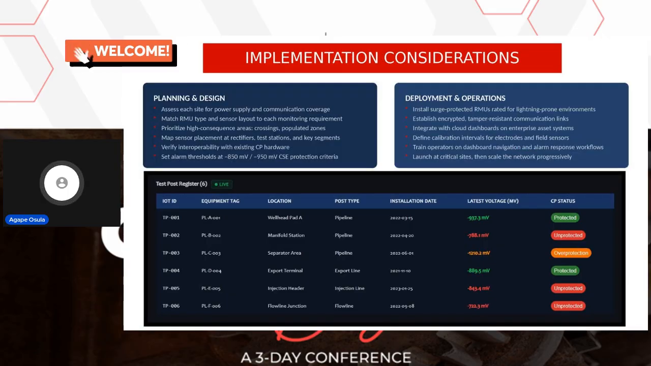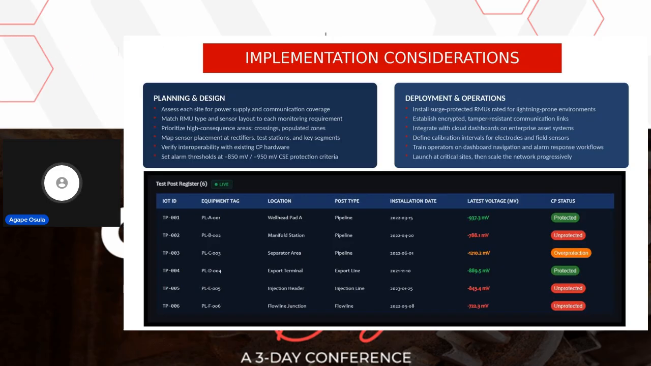Of course, in our implementation, we have to assess the site for power supply and communication coverage, and match our RMU sensor layout and the like. We prioritize high consequence areas. What this means is that there were certain locations going through populated zones, right? So we had to install extra test posts and the like for more effective monitoring, and then we mapped the entire environment. For example, if you look at ASME, I think it's the ASME